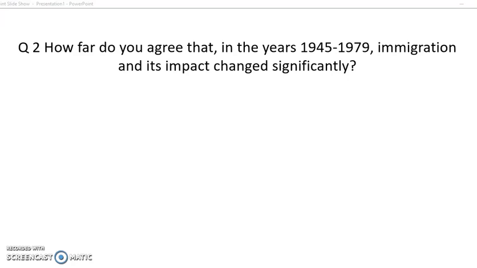Let's have a look at this question. How far do you agree that in the years 1945 to 79 immigration and its impact changed significantly? When you sit down and have a look at this question, you first of all need to decide which second